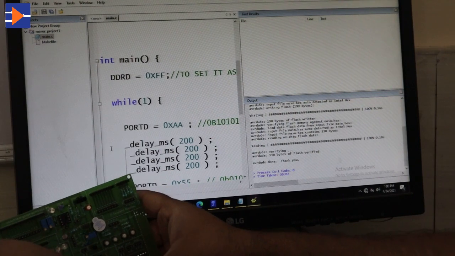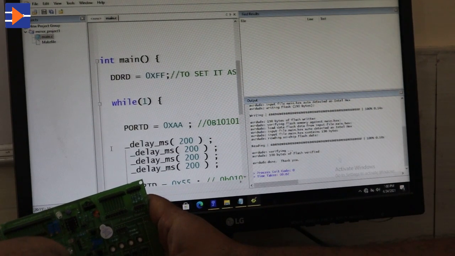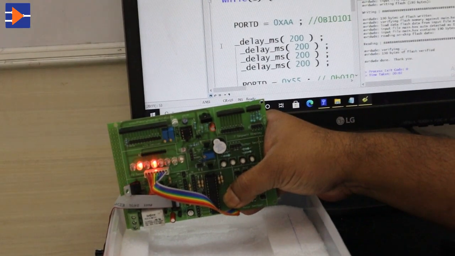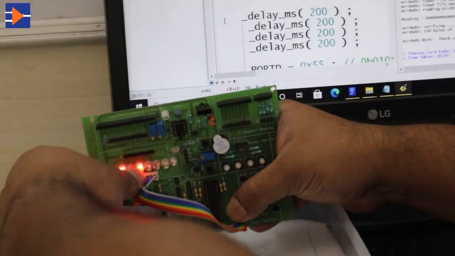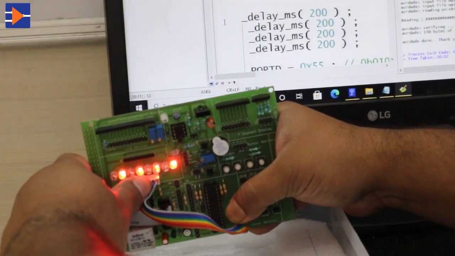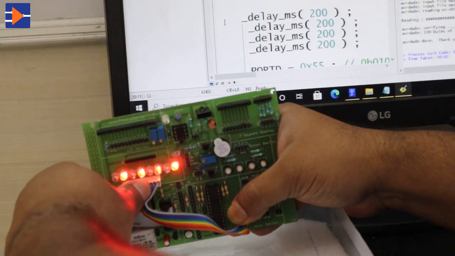I am going to show you the results here. You can see the result here. First even numbered LEDs are on, then odd numbered LEDs are on.